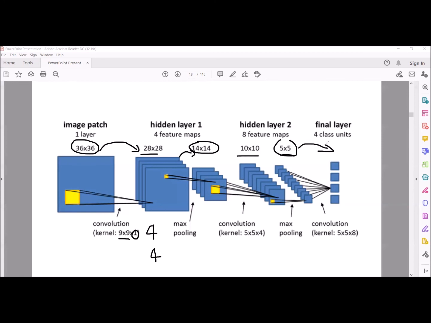After the flattening, dense connection, and then classifying it. Because its size is reduced from 36 by 36 to 5 by 5, computationally it becomes efficient compared to the artificial neural network. And we are not missing the spatial information here. With the filter, we are considering the pixels and the location of the pixel, the nearby pixels. The spatial information we are not missing in the convolutional neural network.